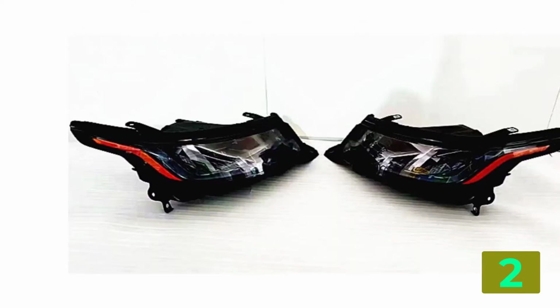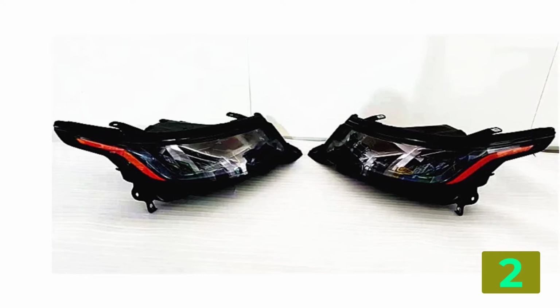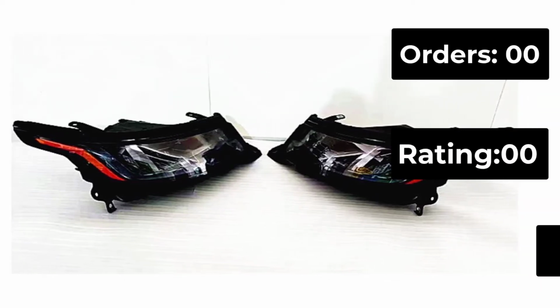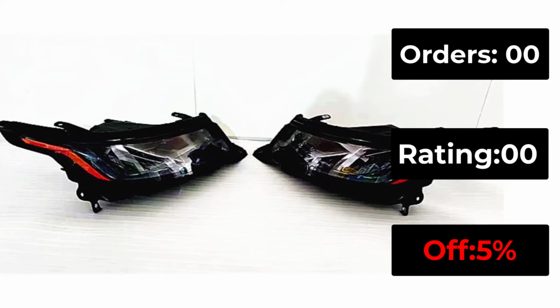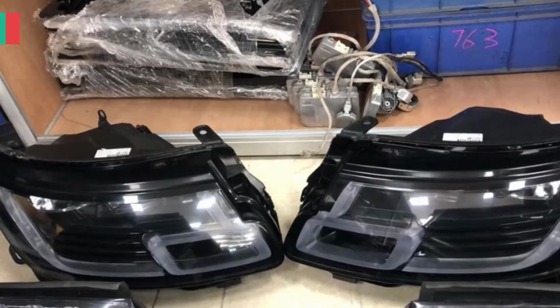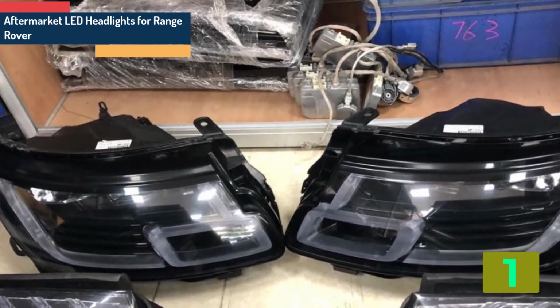116466. Material, PC. Fitting position, front left right. Usage, plug and play. Delivery time, 335 days. Lighting distance, 100 m. On the top of our list at number 1 we have aftermarket LED headlights for Range